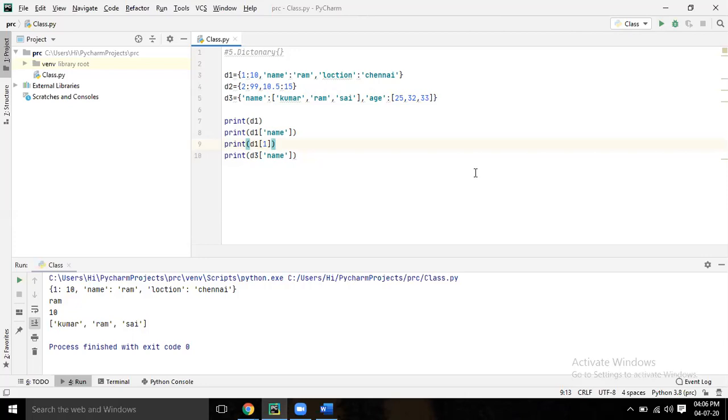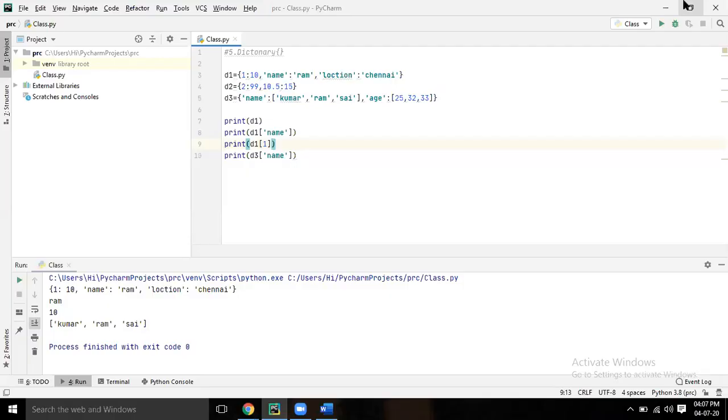We require this going forward when we go into pandas, machine learning, or web-based work. Try to practice as much as you can. So we are done with the data types.